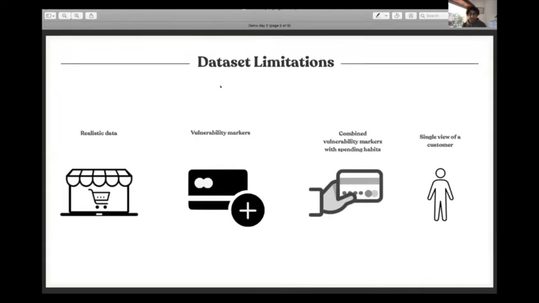Now, our primary objective was around data sets. And unfortunately, we found some limitations within the data sets. I mean, synthetic data only goes so far, and we needed to have access to data sets that showed real spending, that had vulnerability markers, as well as combining vulnerability markers with spending habits, and ultimately providing a single view of customers. I should note and say a big thank you to the Sandbox team, because we went back to the Sandbox team with a long list of other different types of data sets that we know have been used in other different types of competitions